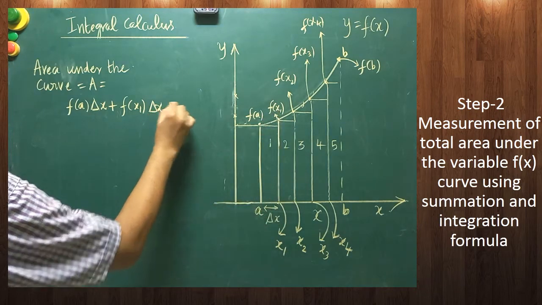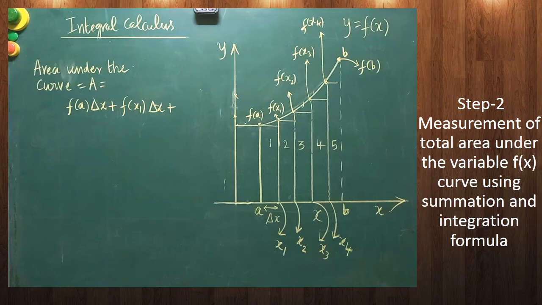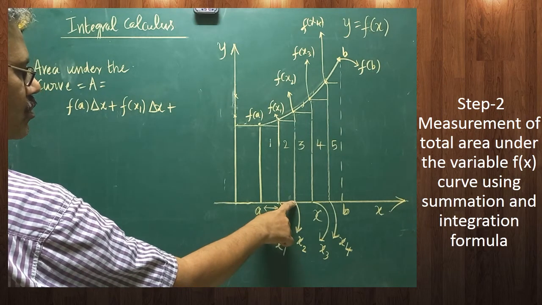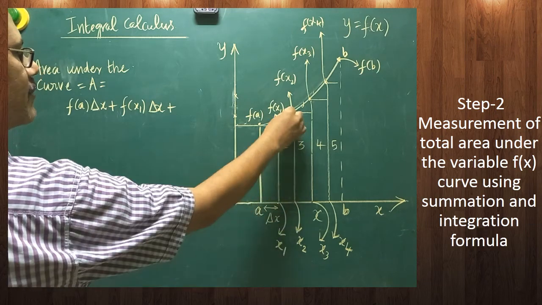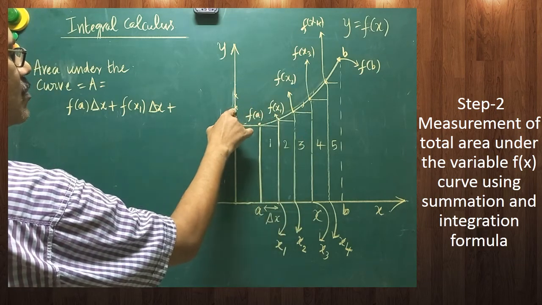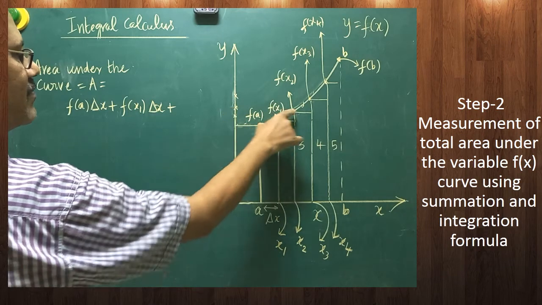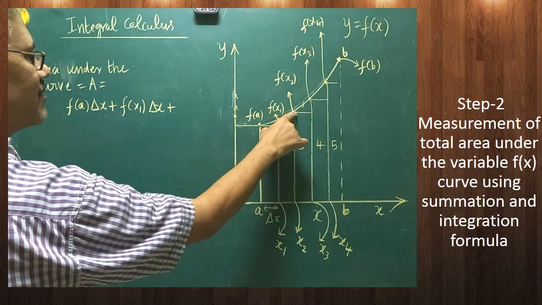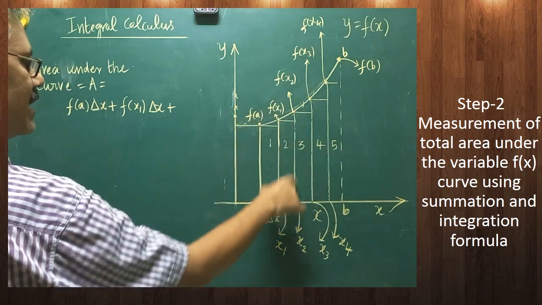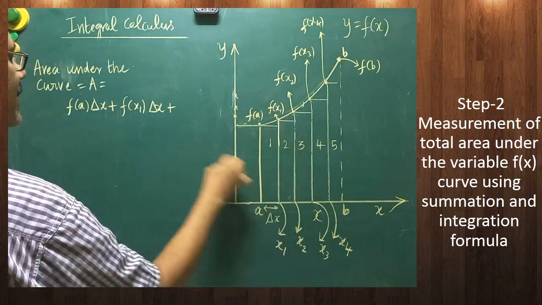Now, I am going to calculate the area of the third strip. How to calculate the area of the third strip? Here, this is x2. Are you clear? This corresponding point is related to x2. Therefore, the corresponding y value depends on which one? x2. Therefore, this y is called a function of x2. Therefore, the height of this portion is also called f of x2.